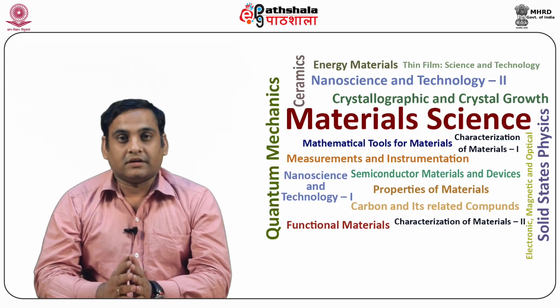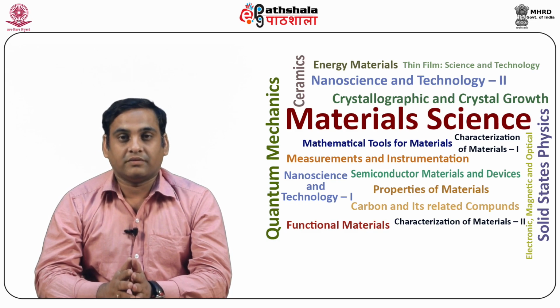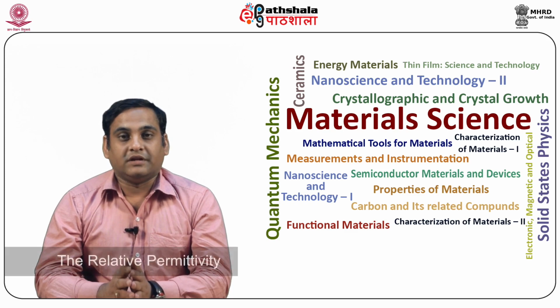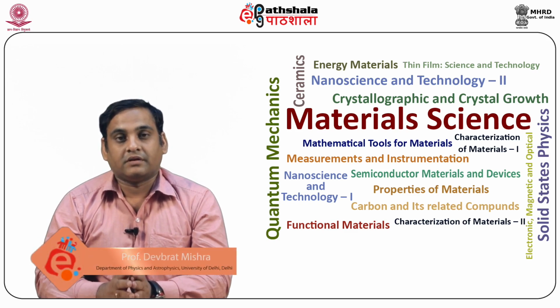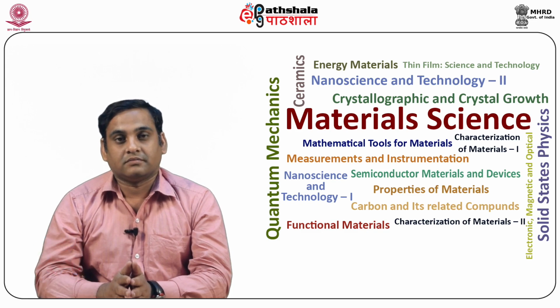So students, let us summarize what we have learnt in this module. The effect of a solid on a propagating electromagnetic wave in a solid is explained. The dependence of the relative permittivity on the loss is described. The relationship between the real and imaginary parts of the relative permittivity is briefly described. Lattice absorption of an electromagnetic wave is explained, and band-to-band absorption is also explained.